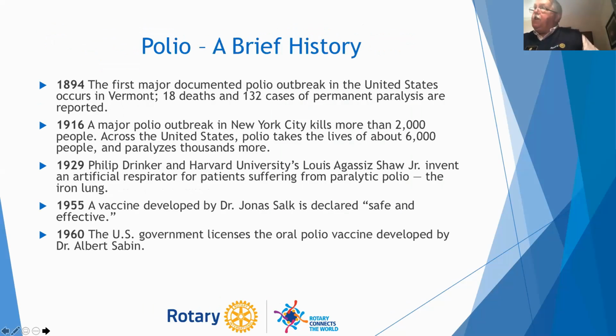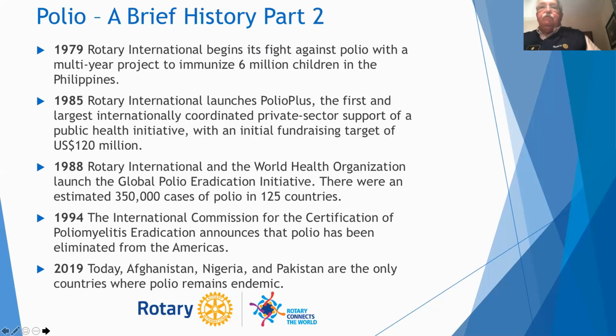Polio was first documented in 1894, as you see there. In 1929, the iron lung was developed, which made a major difference. And then in 1955, Dr. Salk's vaccine was declared safe and effective. In 1960, the oral vaccine developed by Albert Sabin came out. In 1988, Rotary International got involved and launched the Global Polio Eradication Initiative in partnership with the World Health Organization